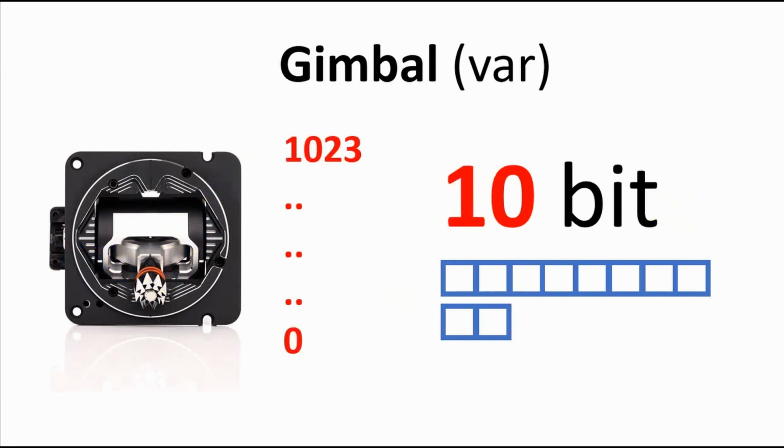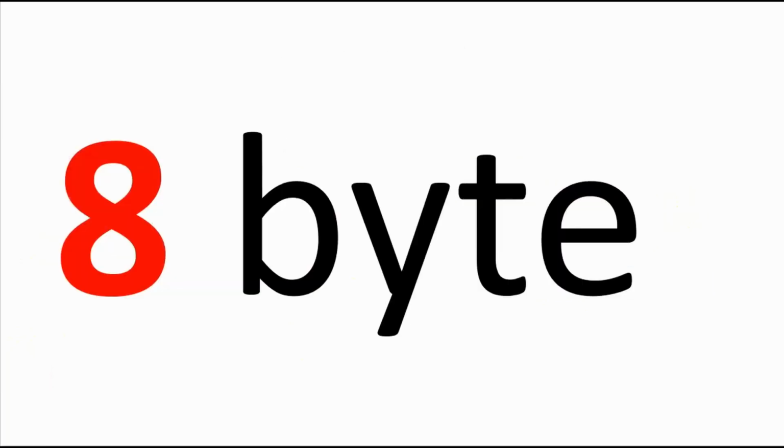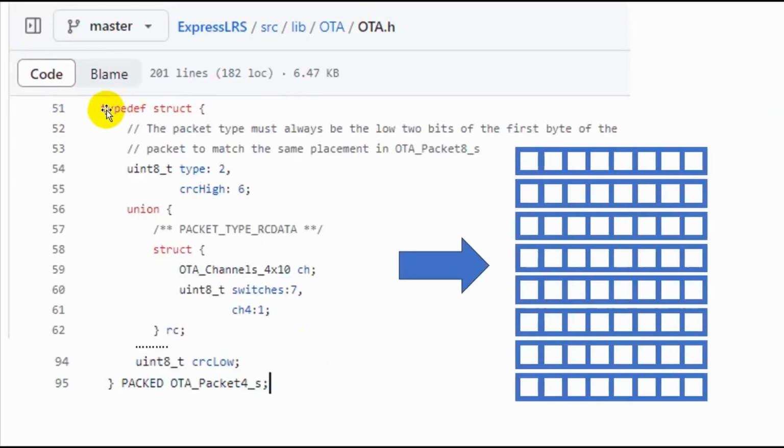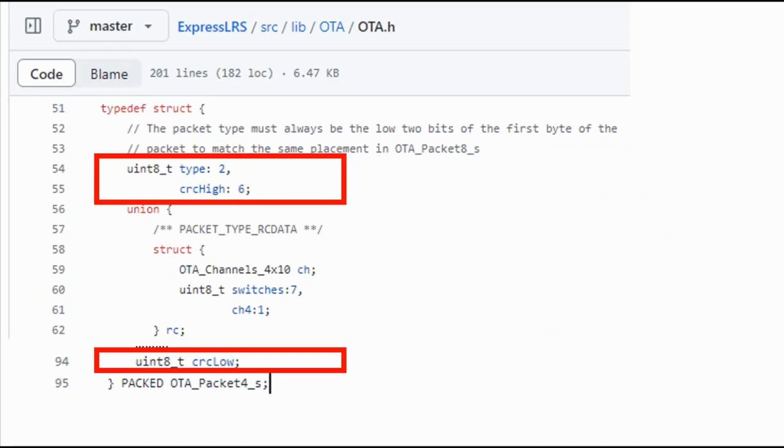And now let's get back to our 8 bytes and imagine that these 8 bytes are actually this net. 1 byte is 8 bits, so 8 bytes will be 64 bits. So all this is 64 bits. And if we open the source code, we will find a description of this data. So if you know the syntax of the C language, you can actually transfer these values to this digit, to this net. But let's go one by one. First,